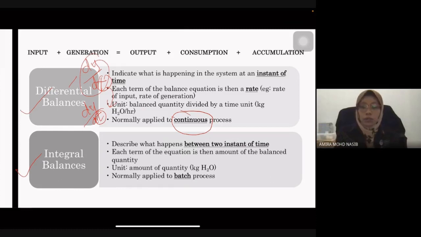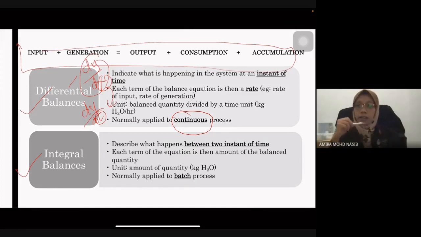So each term of the balance equation has a unit of rate: rate of input, rate of output, rate of generation, each a value at an instant of time, or at that time. Meanwhile, for the integral balance,